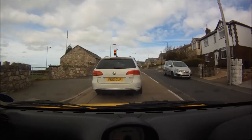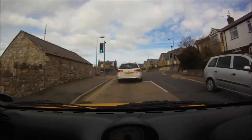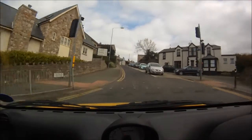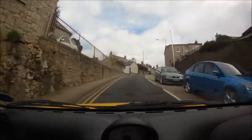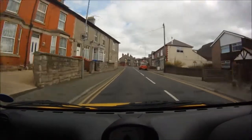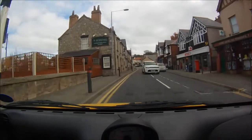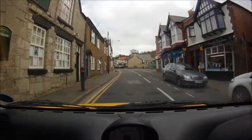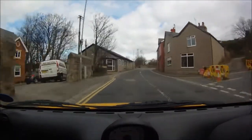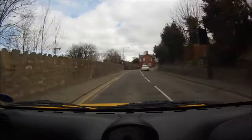And a common problem in Vauxhall Corsas is that the handbrake doesn't work very well. So you can pull the handbrake up, and it might not actually hold you on a hill. So I mean, that is a bit of a concern. So Vauxhall Corsas, they're all right really, as long as you can manage without a handbrake and with the floor swimming in water,